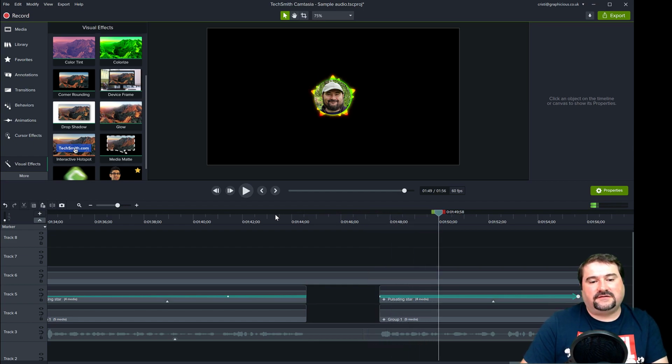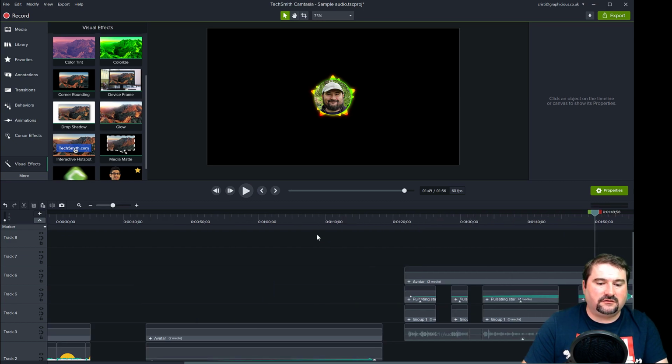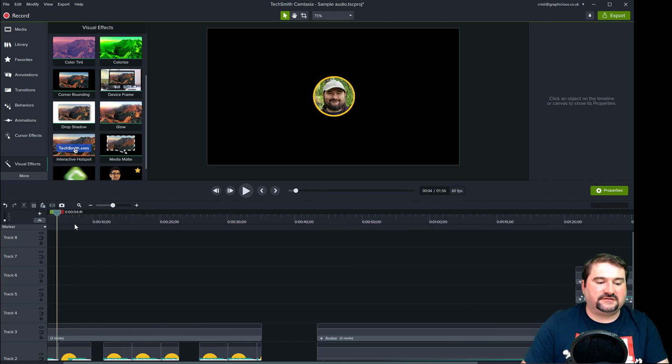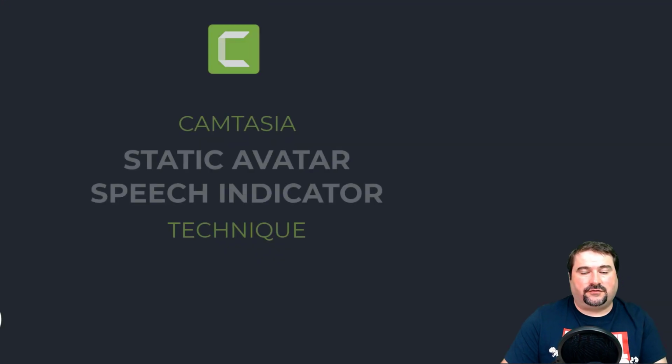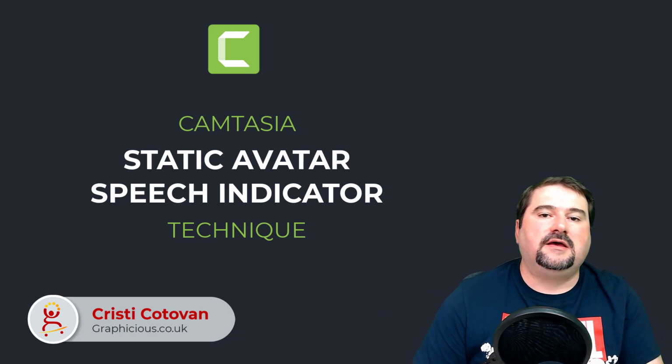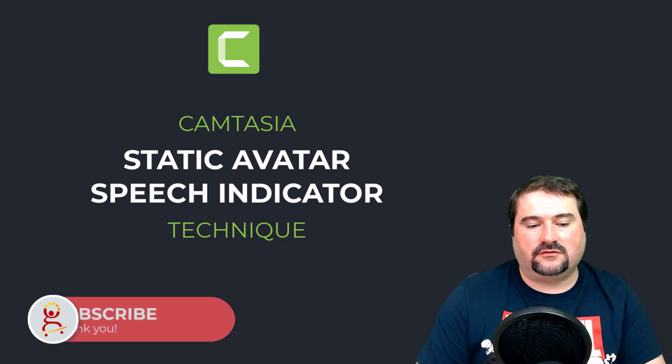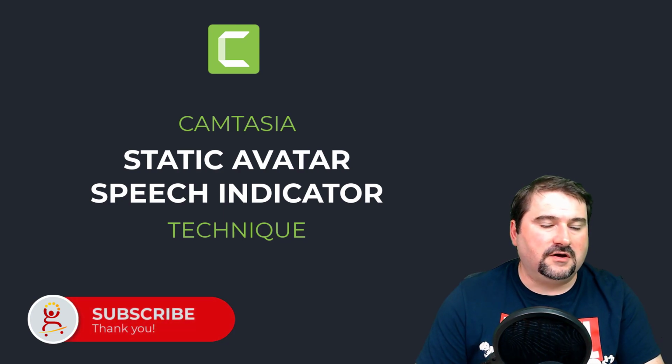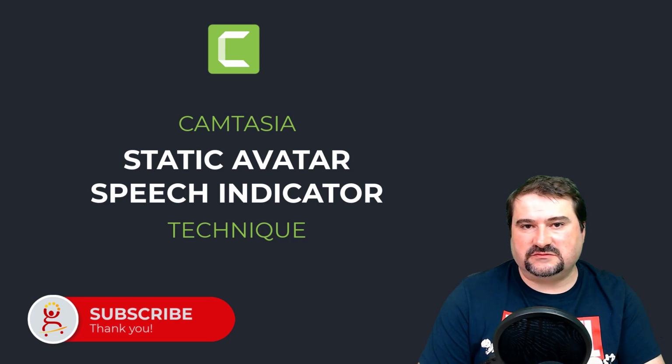So hey, this is not exactly a sound reacting sort of asset, but it's very interesting and it's easy to do, and you can reuse it in all of your projects. And I know this one looks kind of weird and psychedelic, but you can use the simple one, or you can use the one that I showed at the start using animations. You don't have too many controls to change. So when you've got 2 or 3 or more speakers, you just put these under all of their avatars and then slice them up. Might be a bit of work, and of course you can probably do this in other software if you need to, but if you want to do it in Camtasia, this is one way to do it.